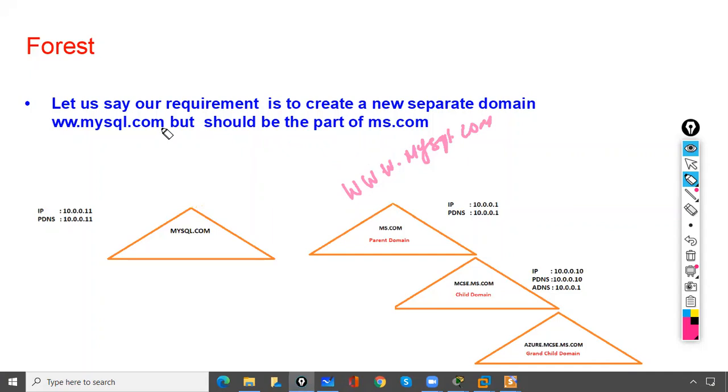www.mysql.com. So our requirement is to create a new separate domain, www.mysql.com, but it should be a part of ms.com. It should be a part of ms.com, but it should not be under ms.com. It should be a separate name. So it should be a part of ms.com,